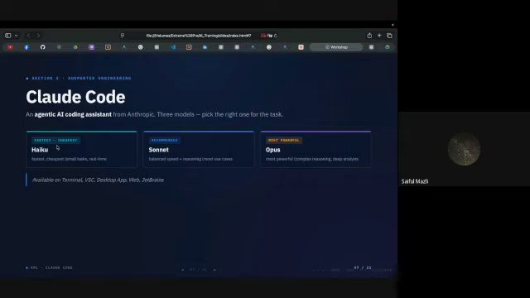So, for example, when I'm building these slides and I need to renumber them, I don't use the more expensive one. I just tell Haiku, okay, renumber the slides, fix my spelling, make sure that things are coherent, things like that. It does it very quickly, and it does things mostly well.